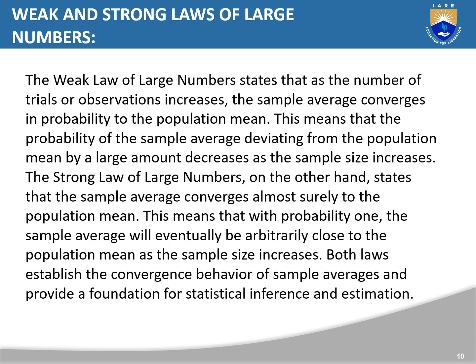Now let's take a look at weak and strong laws of large numbers. The weak law of large numbers states that as the number of trials or observations increases, the sample average converges in probability to the population mean. This means that the probability of the sample average deviating from the population mean by a large amount decreases as